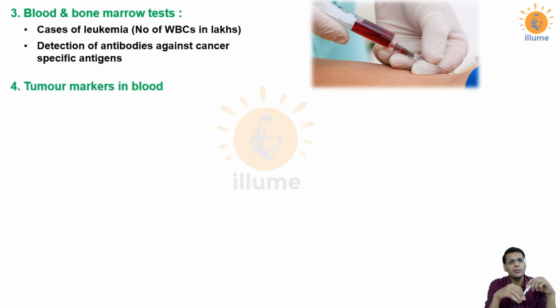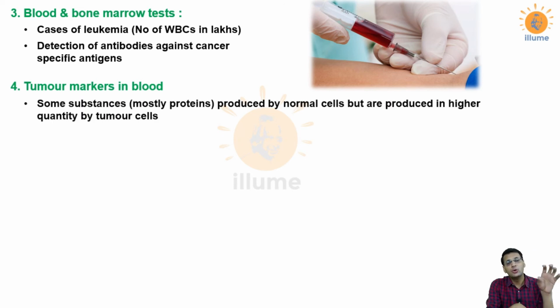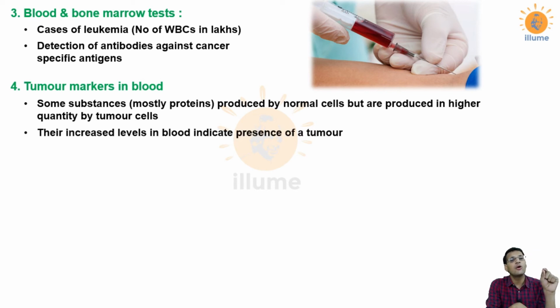cancers. Next is tumor markers. Now what are tumor markers? Tumor markers are some substances, especially proteins. They are mostly proteins which are released by normal cells. Listen to this carefully. Tumor markers are released by normal cells, but these substances are released in a huge amount by cancer cells. Normal cells would release them in a very small quantity, but cancer cells release them in a very huge quantity. So the presence of a huge quantity of tumor markers in blood would indicate presence of certain